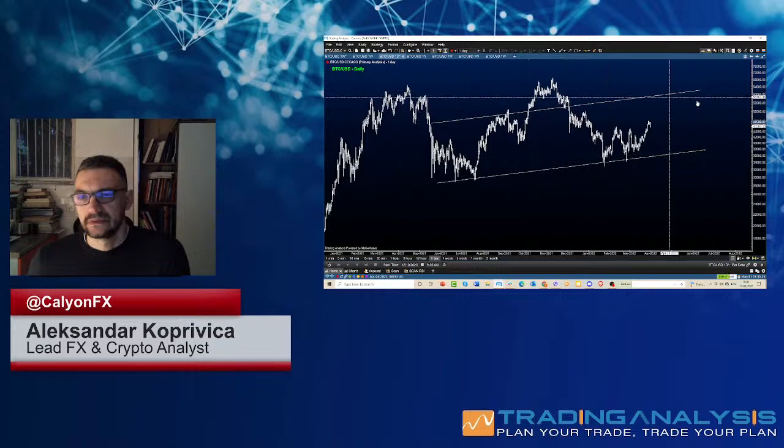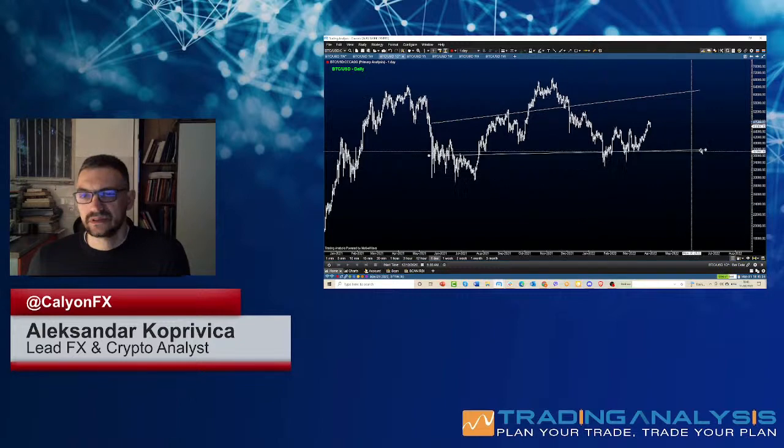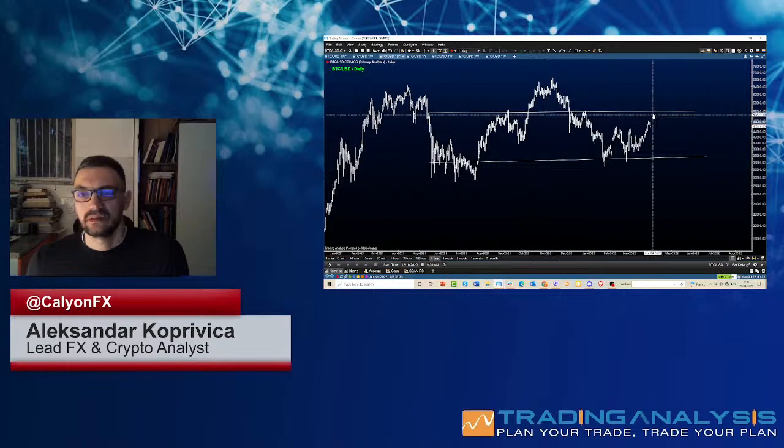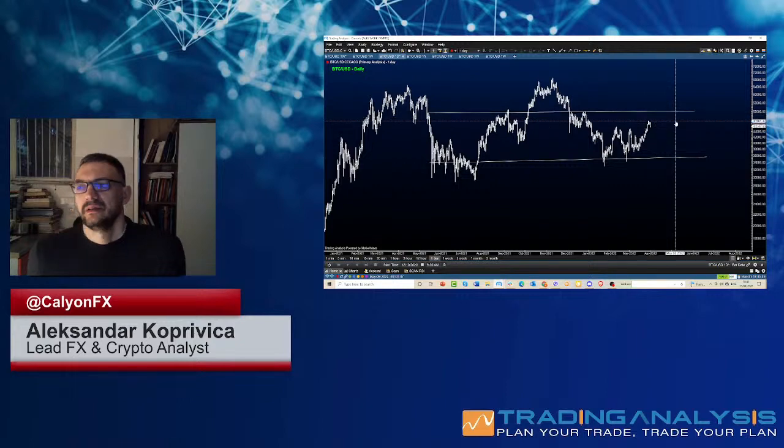Of course, I don't even like this curved drawing. When you have a head and shoulder, most likely you would like to see something like this. And even in that case, I don't think that's viable. Maybe I'm not an expert on head and shoulder. I think you will even have to go more on the upside. And then you might get just a retracement in a fourth wave and then a consolidation on the upside. And then people will say the head and shoulder pattern failed. I'm not tracking head and shoulders.